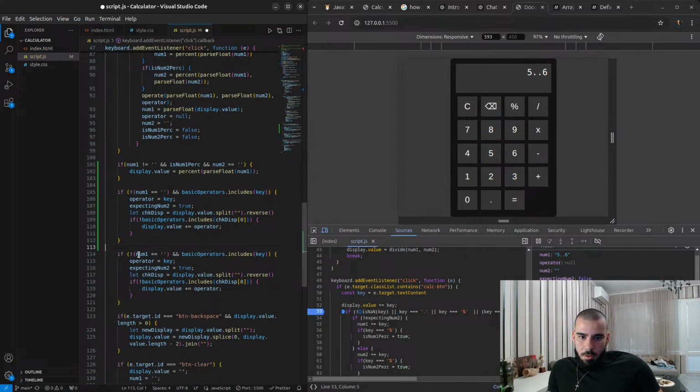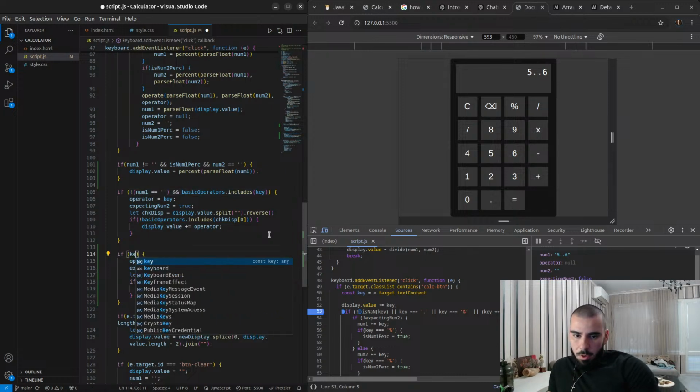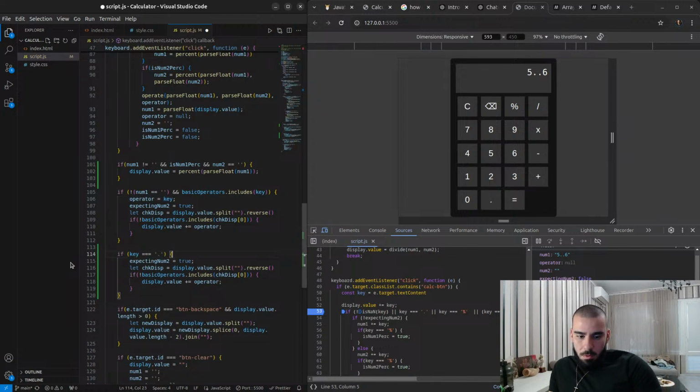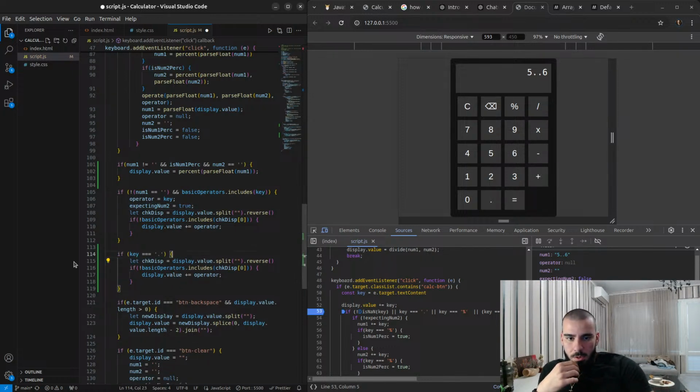Alright, and here we actually don't want to check for num1 or basic operators, we just want to see if key triple equals a dot, then we can still set this, check this, and